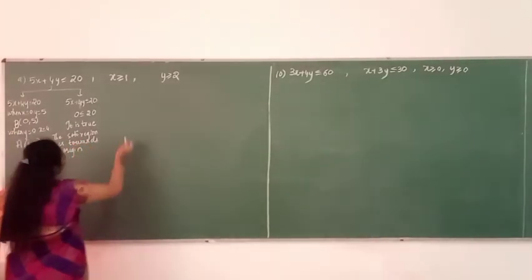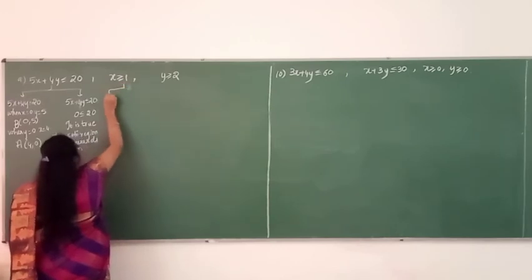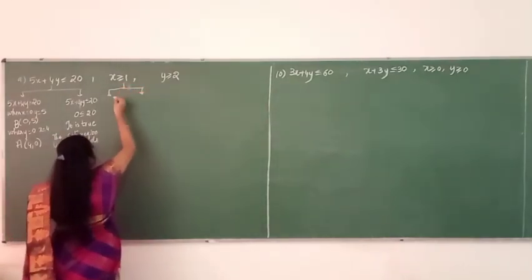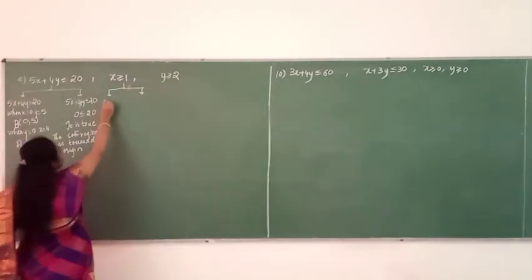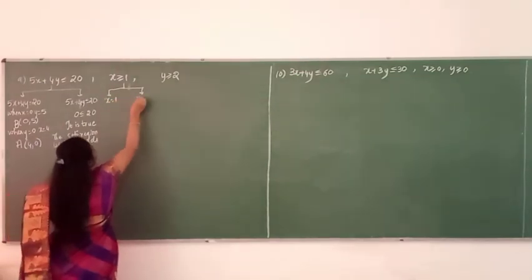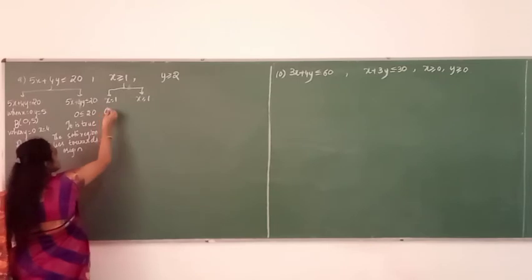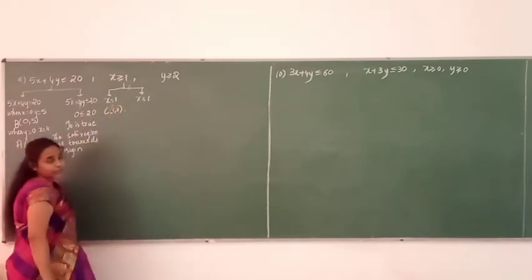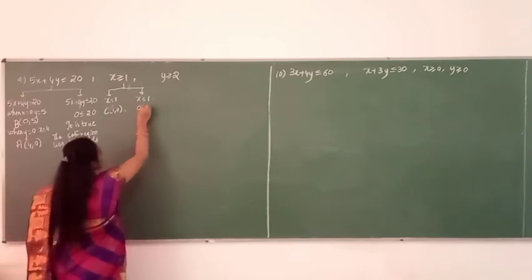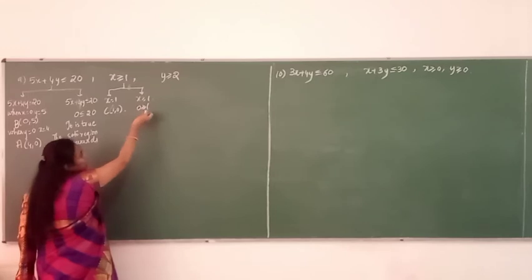And the next inequality we have, so I said whenever we have only one variable present, it is very easy for us to solve the inequality. So x is equal to 1 and x is greater than or equal to 1. Here I just consider this as C coordinate, so it will be 1 comma 0. Just substitute 0 for the inequality. So 0 is greater than or equal to 1. Obviously 0 is not greater than or equal to 1.